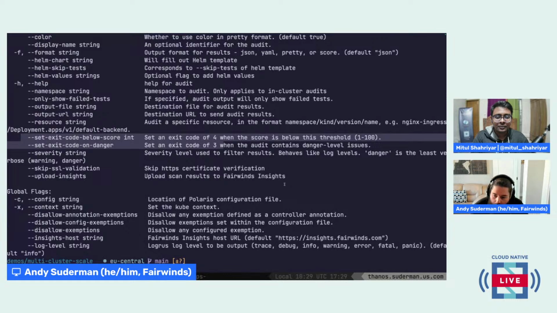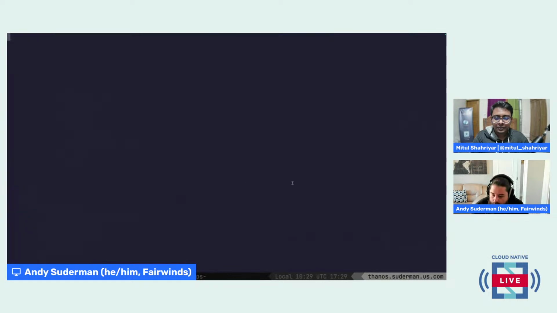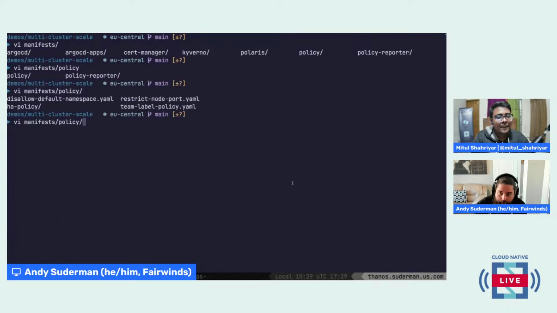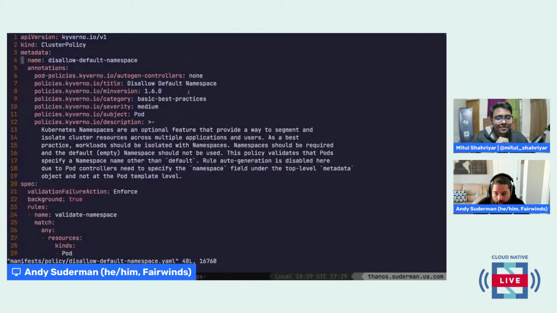And then the last one we'll talk about, which I know lots of folks are fans of, I'm a big fan of as well, is Kyverno. So we have in this cluster, in our manifest directory, a policy app, which we looked at earlier. That's how we deployed that validating admission policy. We have a few other policies as well. So we've got our Kyverno policies in code here. We're managing the policy as code. We're deploying to the cluster with GitOps. In fact, we're deploying to all three clusters via GitOps.